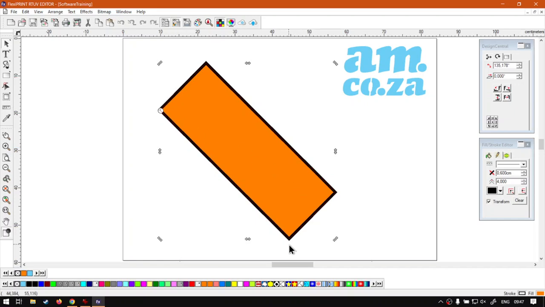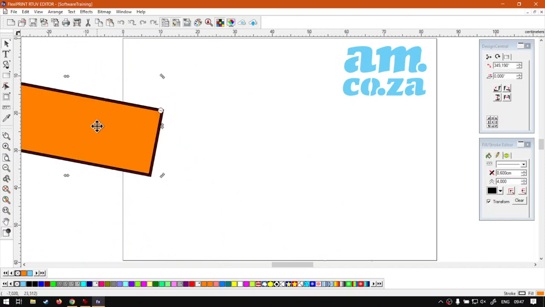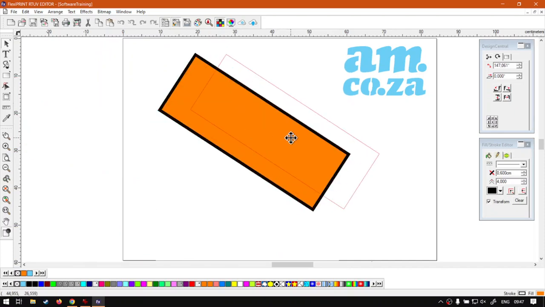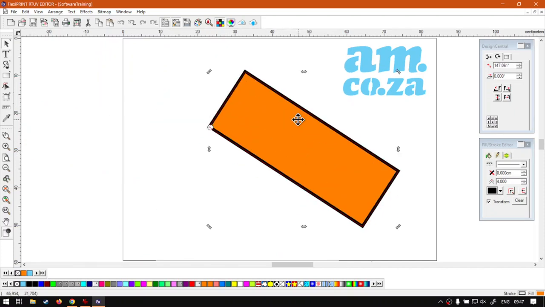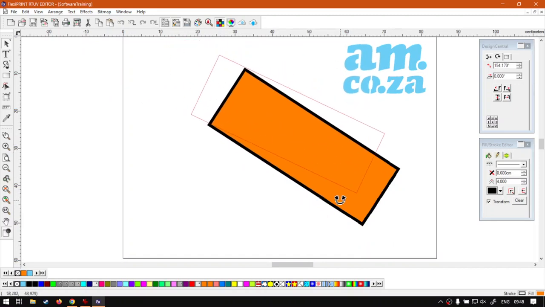Now if I use any of these rotating arms, it doesn't matter where they are, it's going to rotate it around that point, as you can see. So we can rotate it like so around that point. Now this point can also go outside of your design. So if I click it and I move it to the corner of the page here, now if I rotate this, it will rotate around that point. Very handy